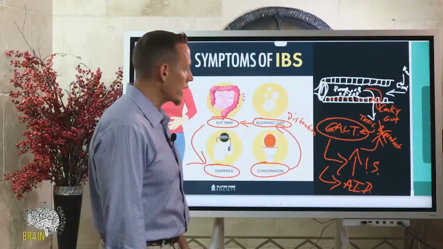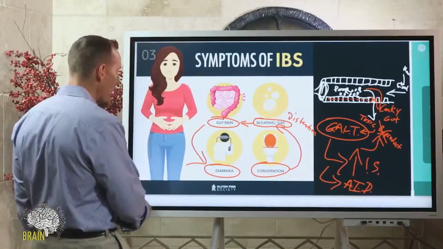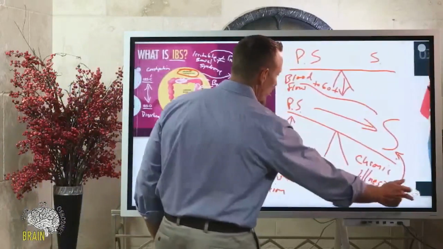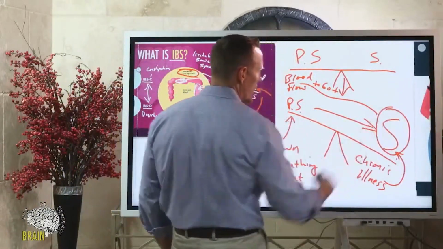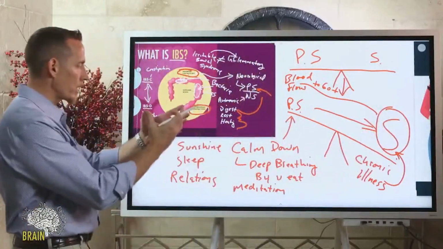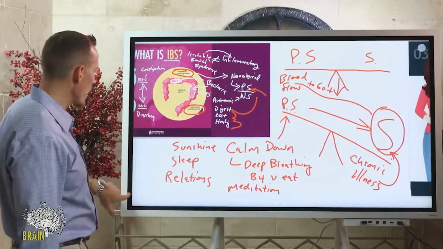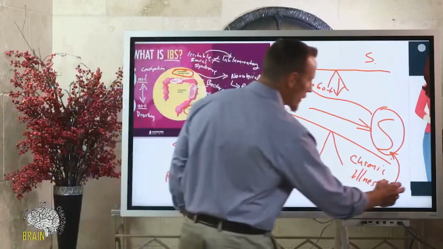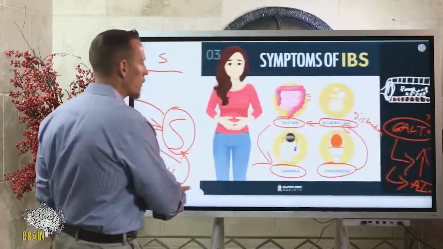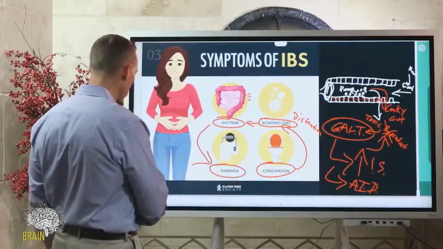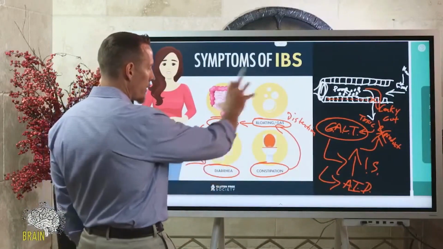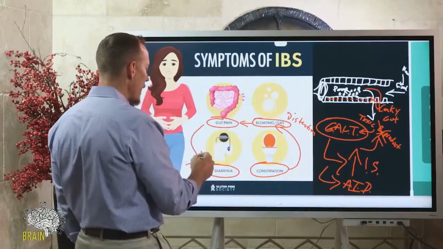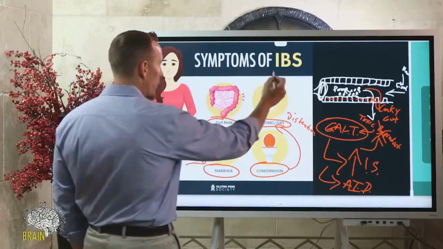So again, that constipation side, or that IBS type C, in my experience, is usually more so related to that sympathetic nervous system dominance, where the nervous system is just so stressed and so high strung that the bowels just won't go, and that's where that constipation can come in. Whereas the diarrhea is a mixture of this happening, but it's also, remember what the word is,